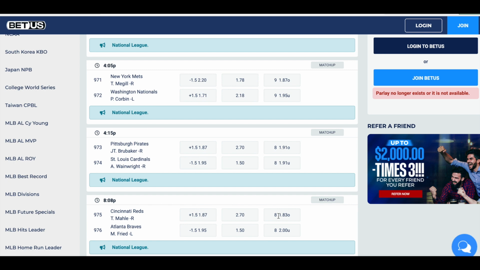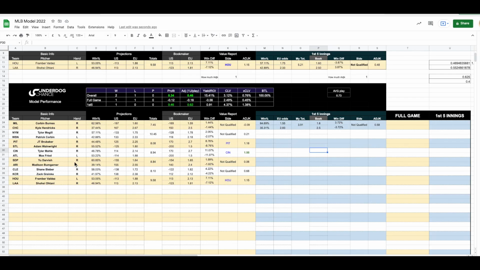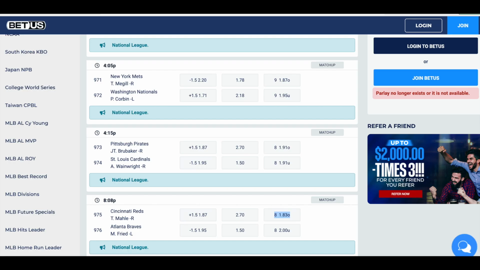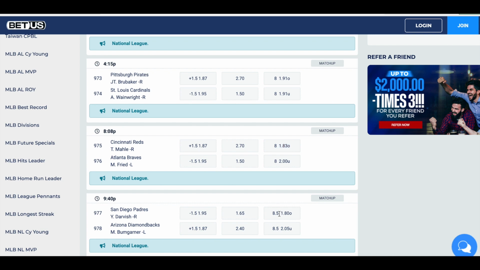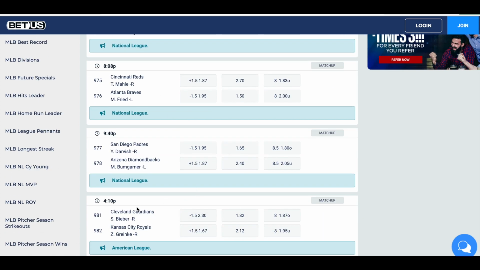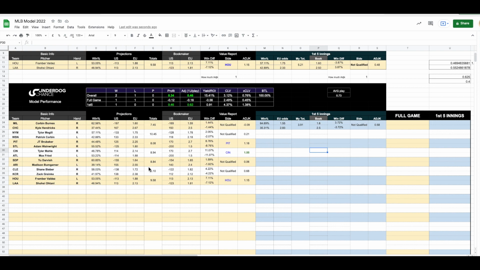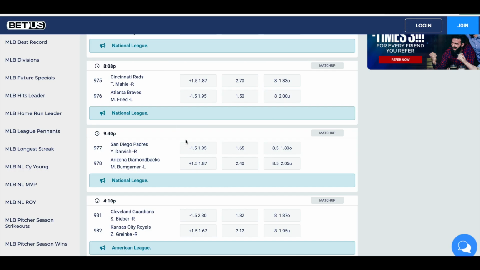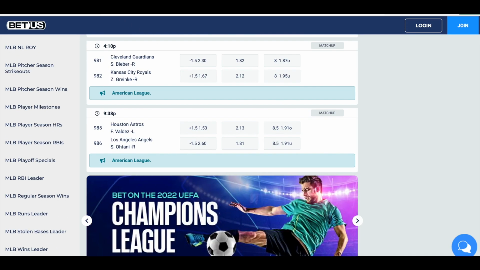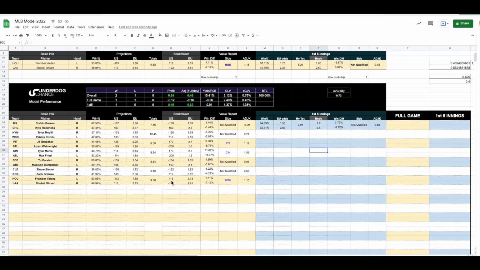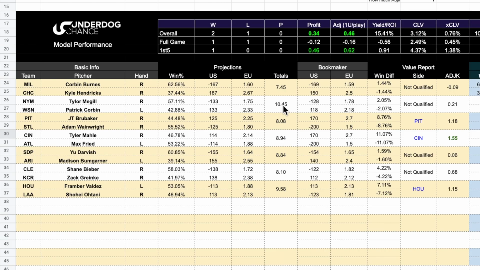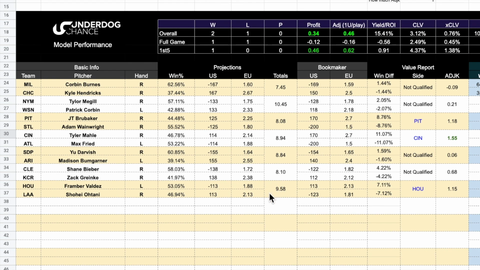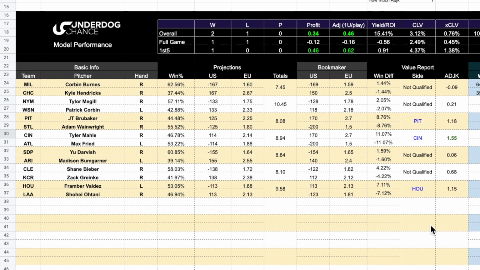It is 8, but it will probably go to 8.5, so it will go a little bit up. San Diego 8.84, basically the same 8.5. Then we have Cleveland 8. My projection is also 8, so there's no value, and we have 8.5, 9.5. So maybe a small lean to the over in Washington, maybe a small lean to the under in LA, but those